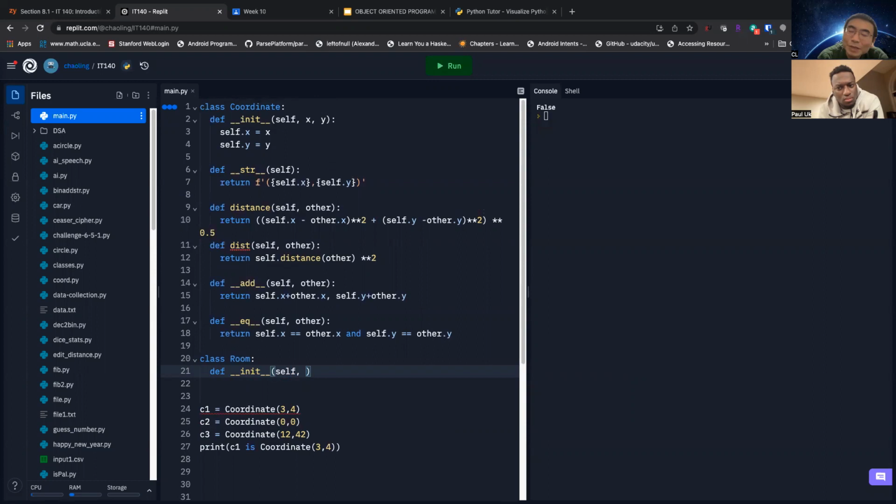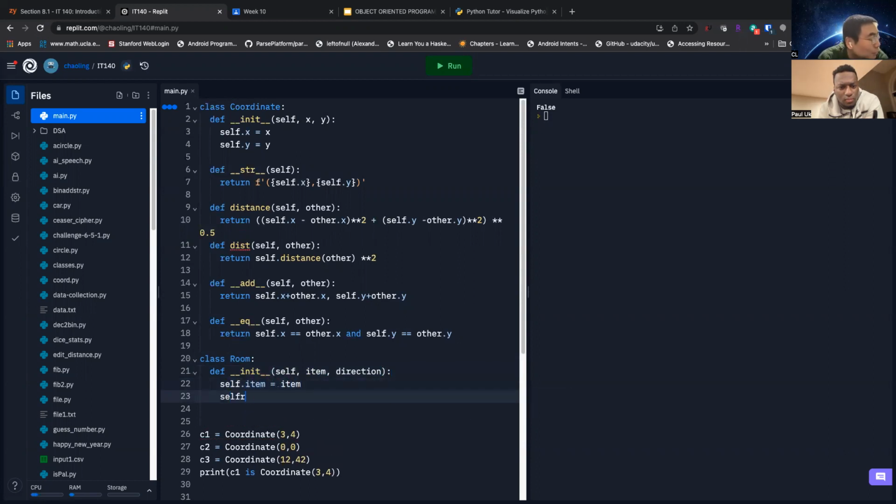I don't know, in the room, what do you have? Object, right? Item. And then you have direction, right? And a bunch of others. So self.item equal to item. You can assign them item, self.direction